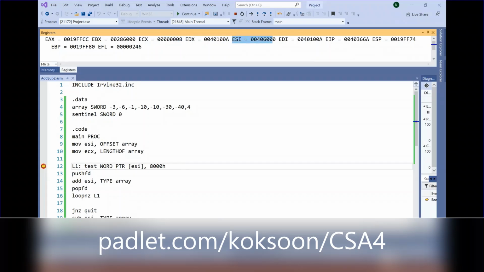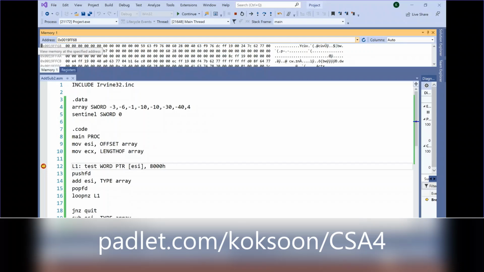So in here, if I move it, then I will test it with this. Then it should affect my status flag. Yes, it will affect the status flag since I'm doing an AND operation on this. If we go into the memory locations, we look for array. Okay, so this is SWW, which means 16-bit. Byte is 8 bits, word is 16-bit, so this is your